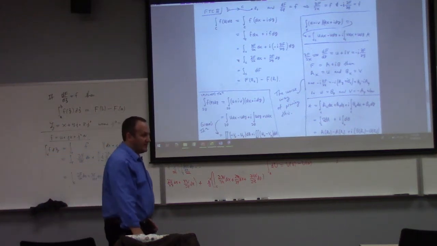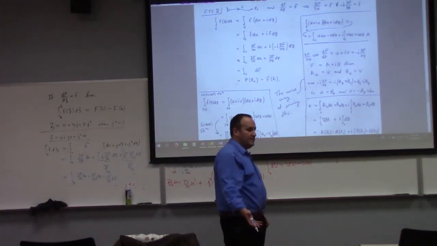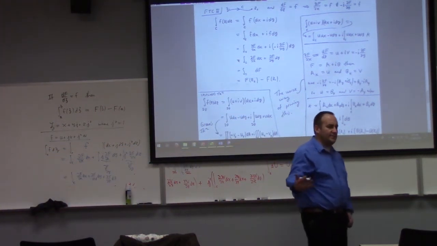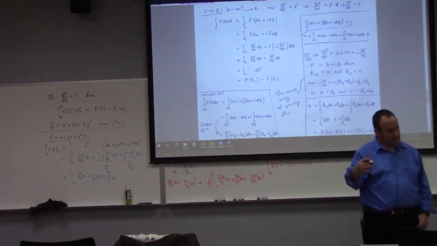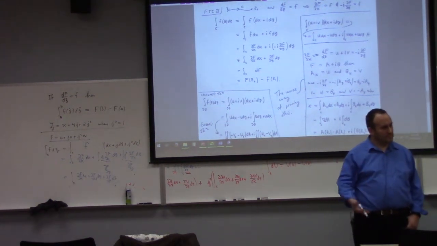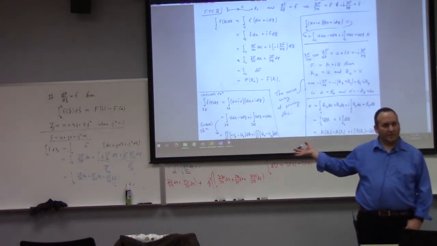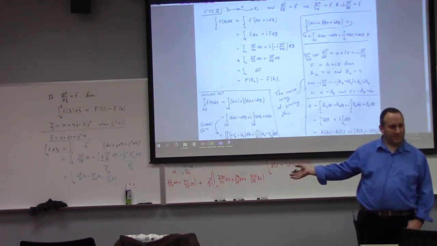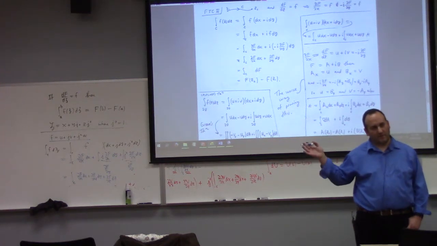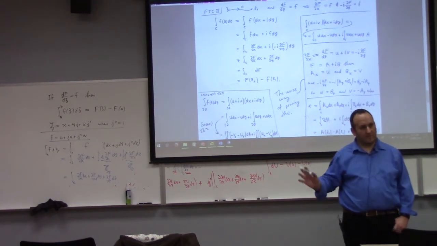What I showed you was not wrong, but if you really look at what we were doing at the components, did you notice that we keep repeating the argument? Here I'm applying the Cauchy-Riemann equations at the level of vectors. The other ones I was applying the Cauchy-Riemann equations at the level of components.